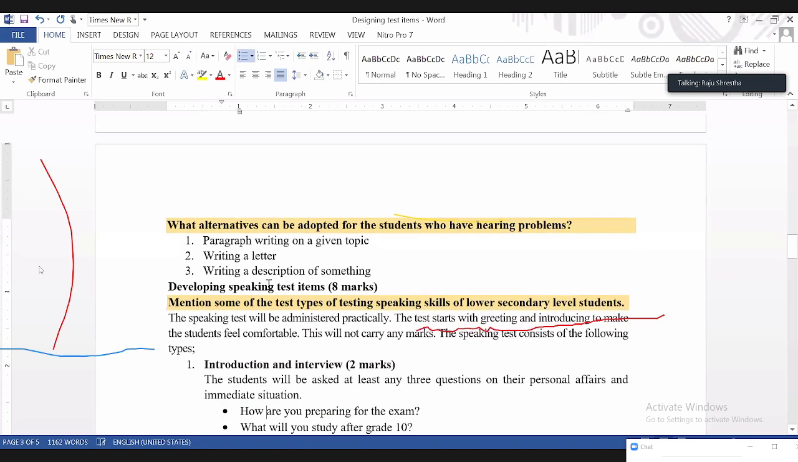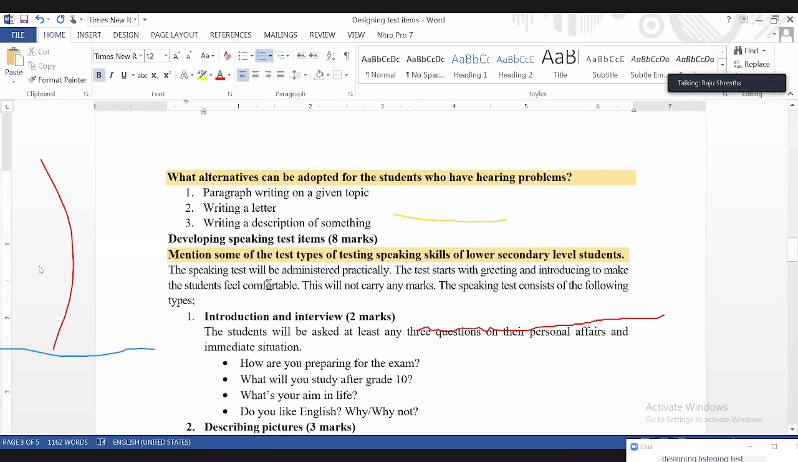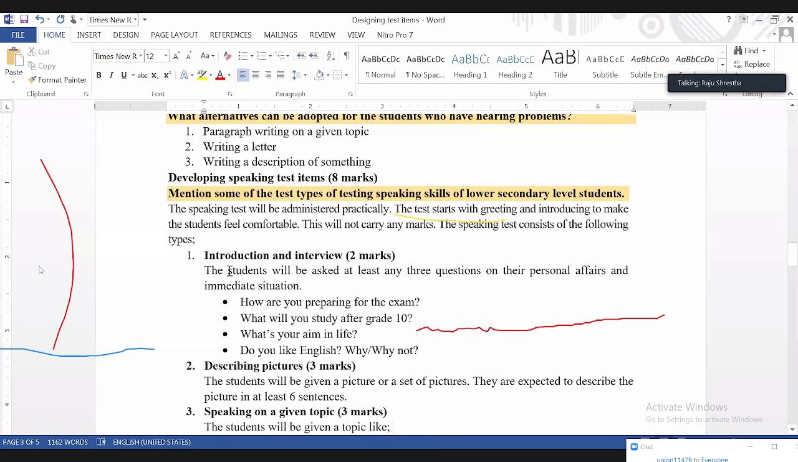So developing speaking test items: develop any 4 test items to test speaking skills of the lower secondary level. Just 2-3 sentences you write about speaking. The speaking test will be administered practically. Practical part is that the test starts with greeting and introducing to make the students feel comfortable. This will not carry any marks. The speaking test consists of the following types: an introduction, interview, like the students will be asked at least any